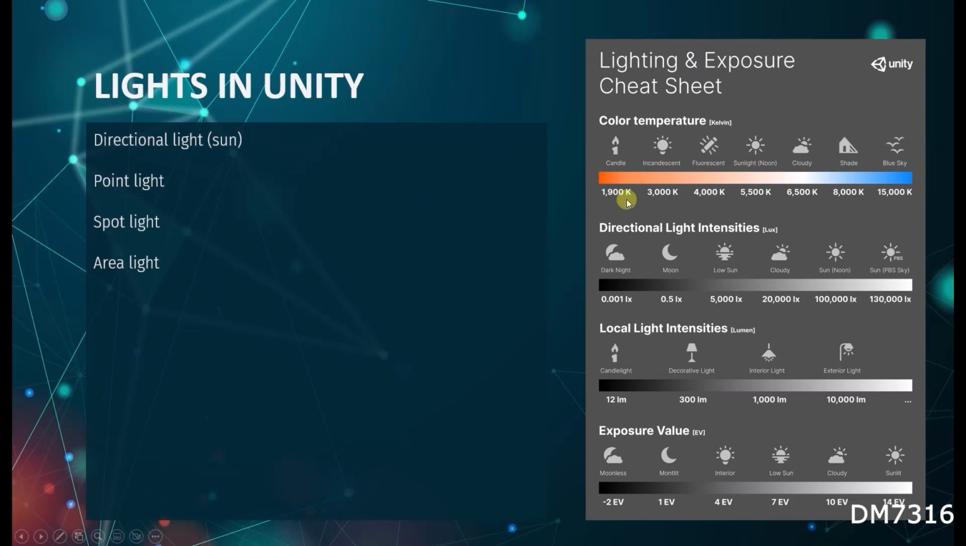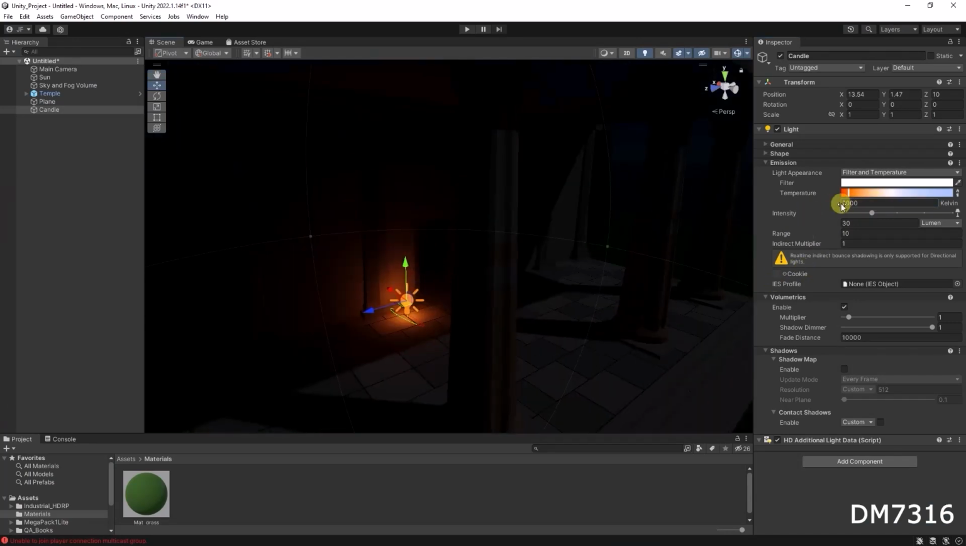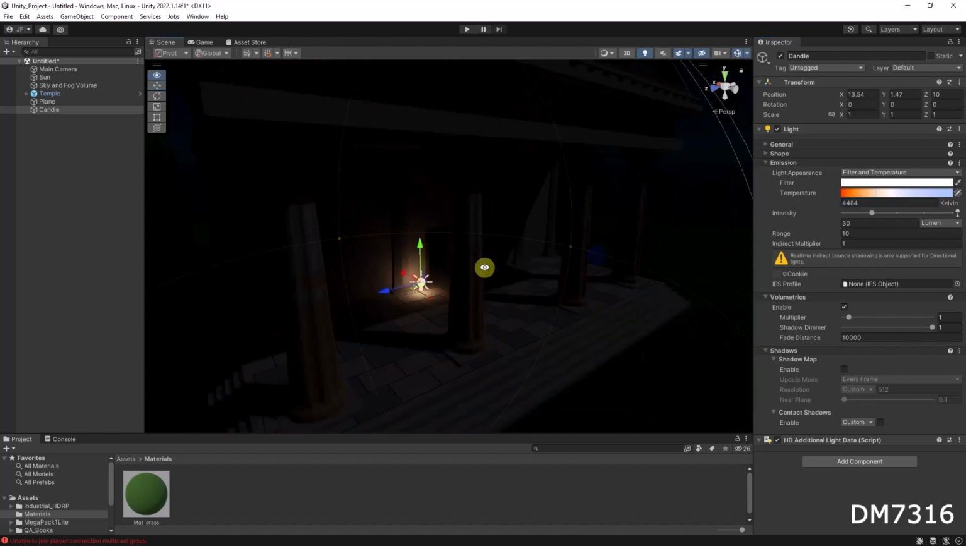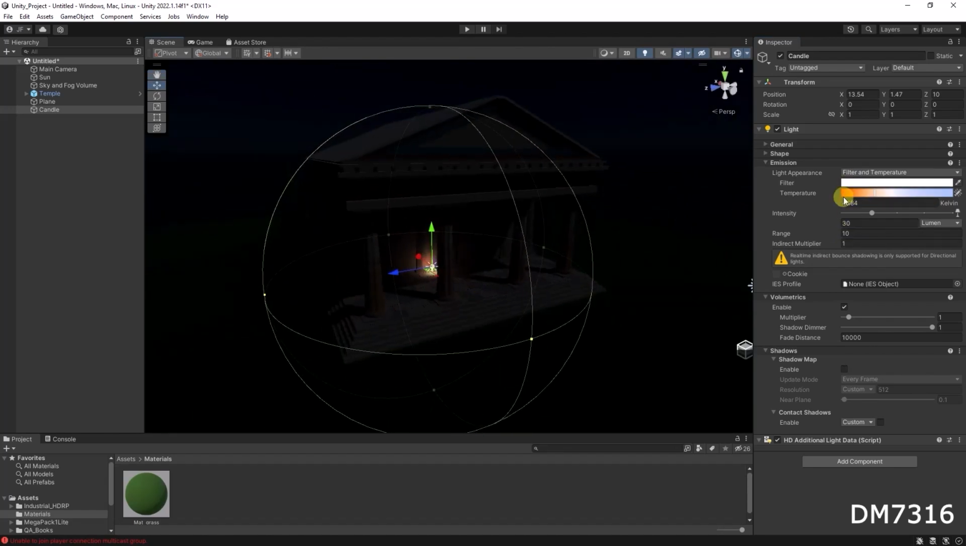Okay, it's a candle, so here they say candle color temperature could be around 2K. I find it a bit too orange. Let's see. Okay, yeah, I don't like it, so I will make it more, yeah, like that. The next thing is, so you have color, intensity, and the range, so how far